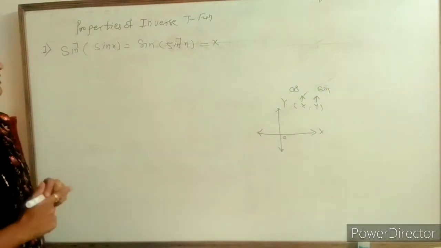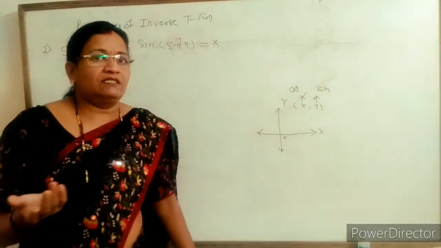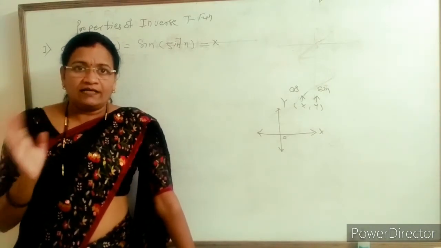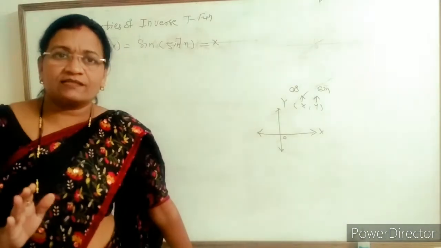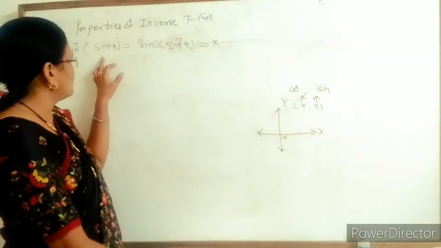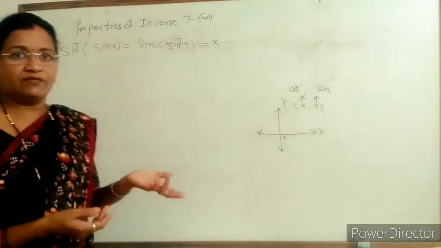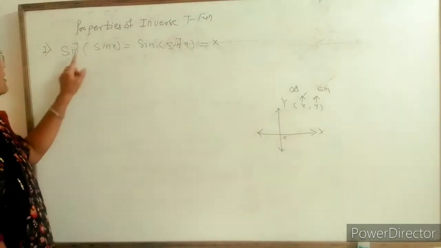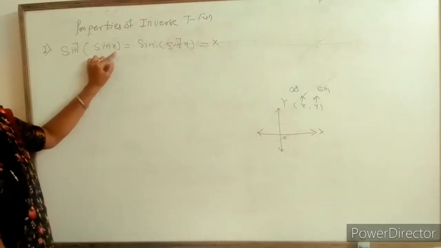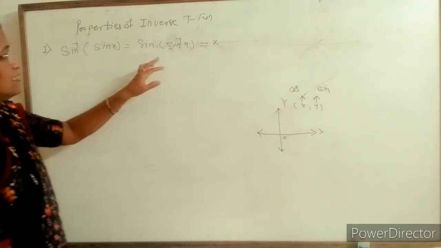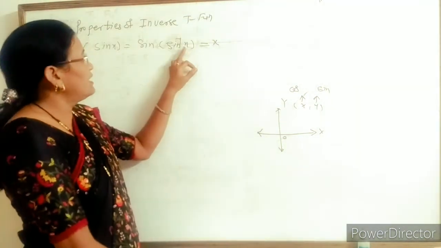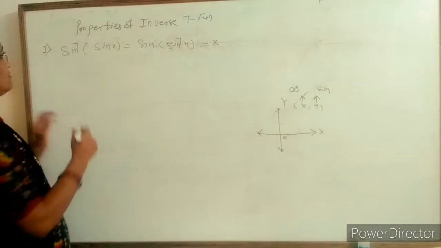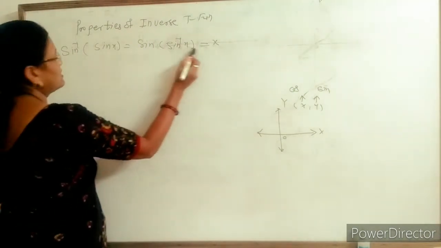Means in general, mathematically, the algebraic operations plus and minus are opposite to each other. So 0 is the identity for addition. By using this concept, when we take a number with its opposite number and add them to each other, you get the identity. Likewise here we take the sine inverse map with its original function, that is the sine function. So the inverse and that function cancel, and you get the corresponding angle here. And likewise here you take the inverse function of that number and you take the sine ratio of that angle, you get the corresponding value. So sine inverse of sine x is equal to sine of sine inverse x is equal